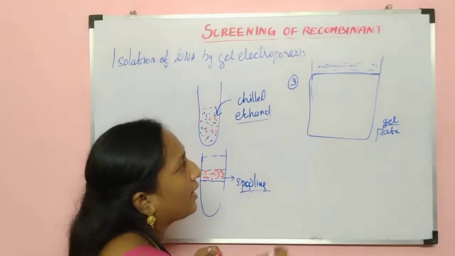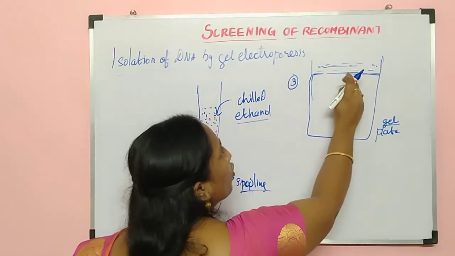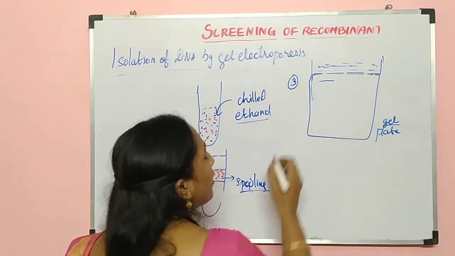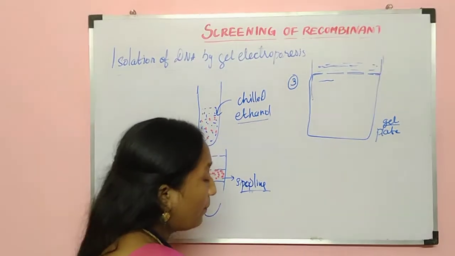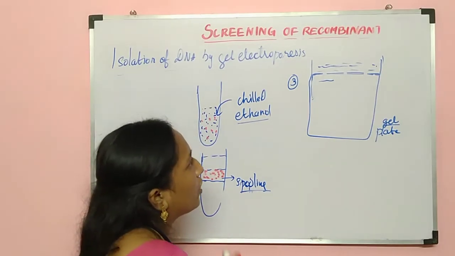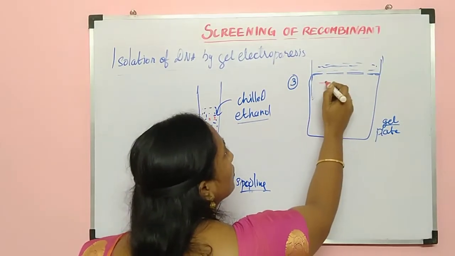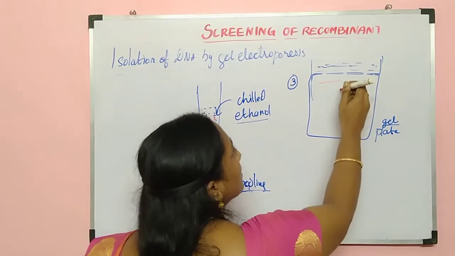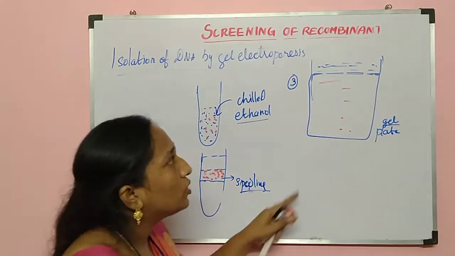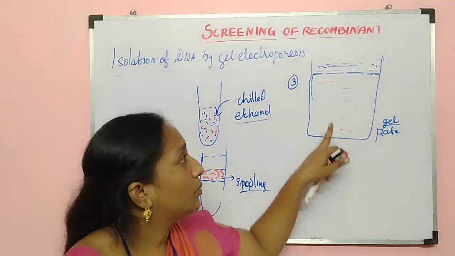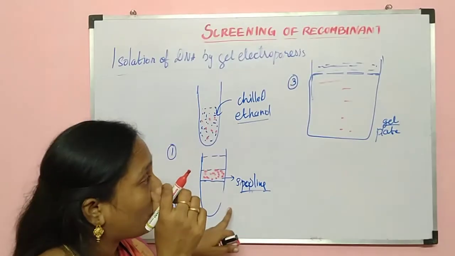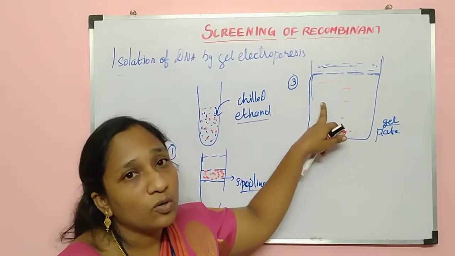What is a density gradient? The trap will have an opening over here. The larger DNA fragments will occupy the upper region, and the smaller DNA fragments will come down like this. So this is the density gradient. Based on the density gradient, we can separate the DNA fragments on the agarose gel plate.